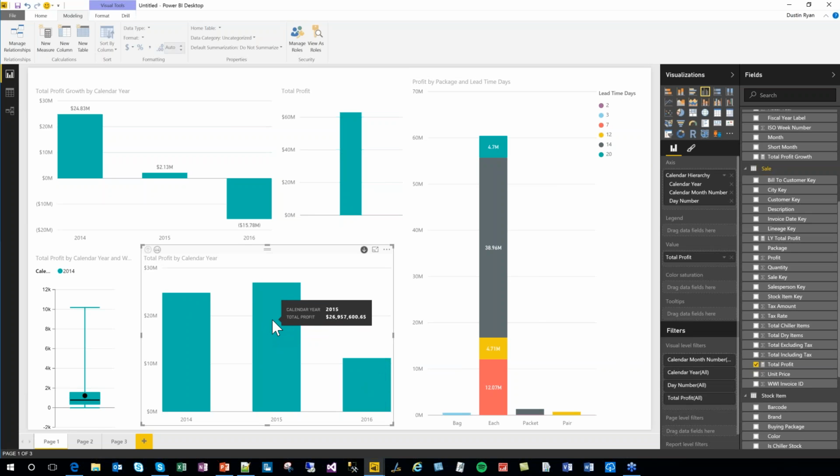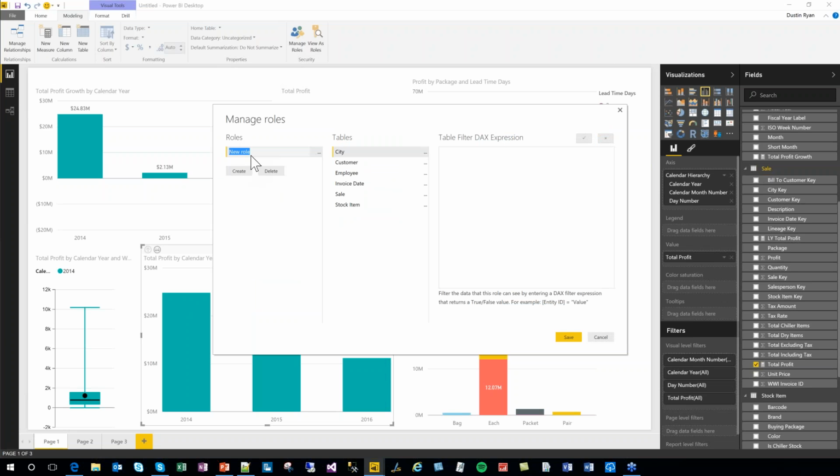A brand new feature that I want to cover here as we wrap up is the Manage Roles button up here. They actually moved the row-level security feature into Power BI Desktop, so you can design your roles around your data model here. And then when you publish it to the Power BI service, you can add users to those roles. And so if I click the Manage Roles button here,